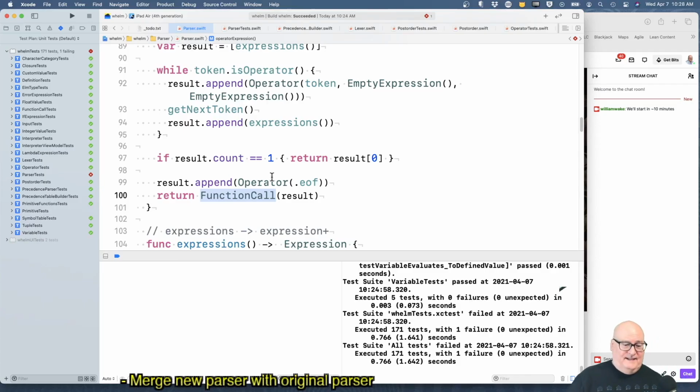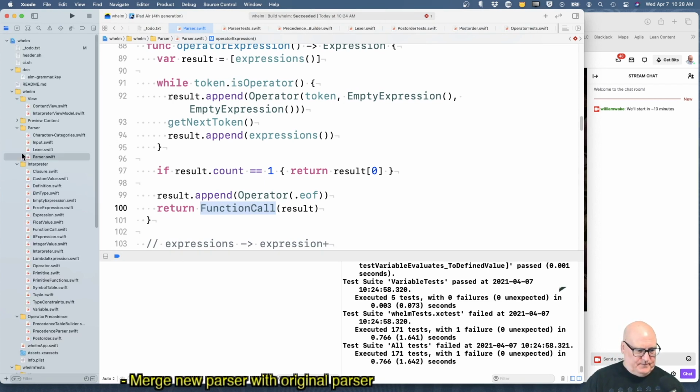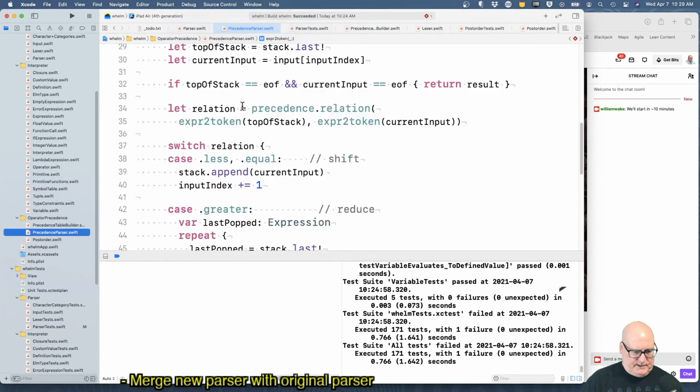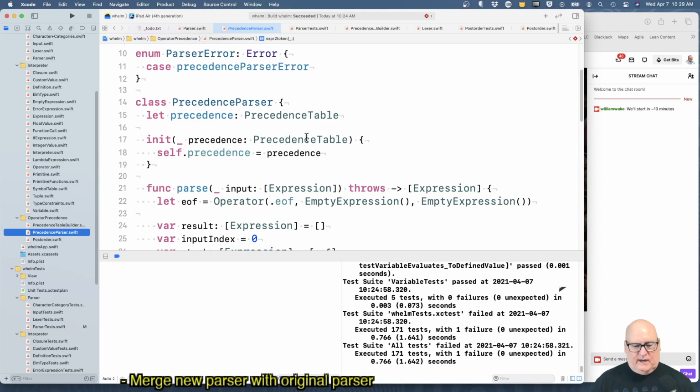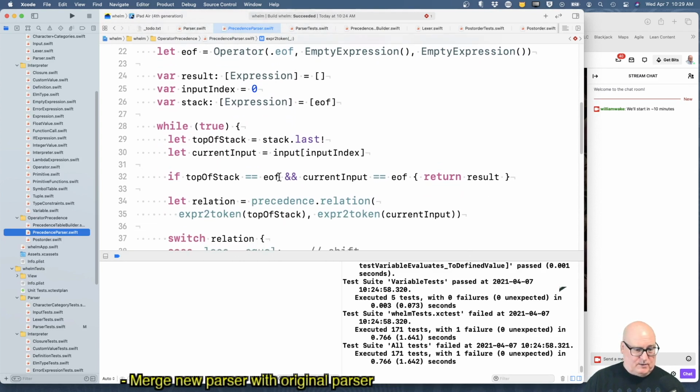Hey, welcome back. Okay, so we are at a critical change. We've got this result as a list of expressions. We want to call our precedence parser. Let's see. So a precedence parser gets created with a precedence table, and you can call parse on it, and it just sort of remembers what you're doing.